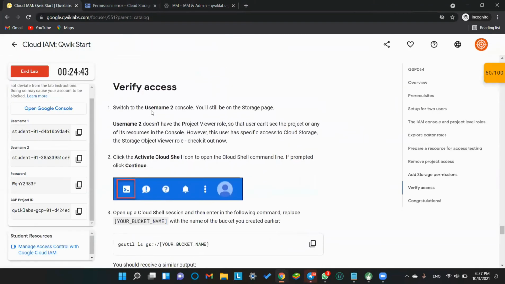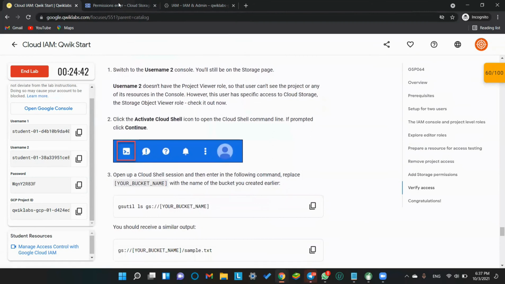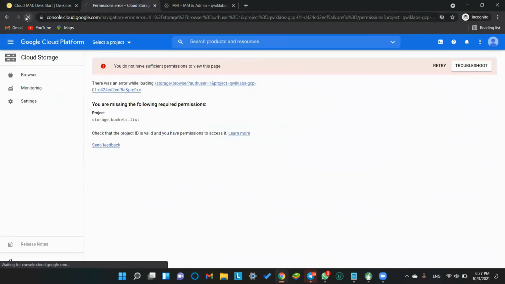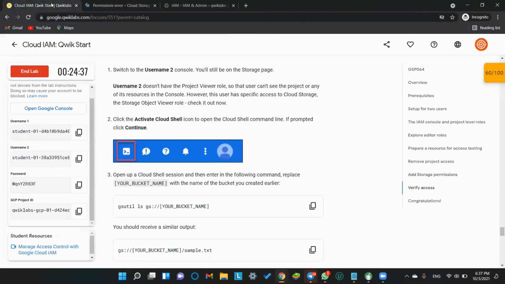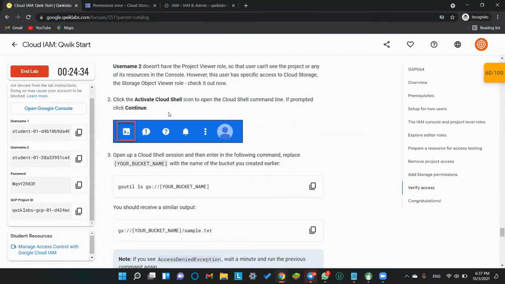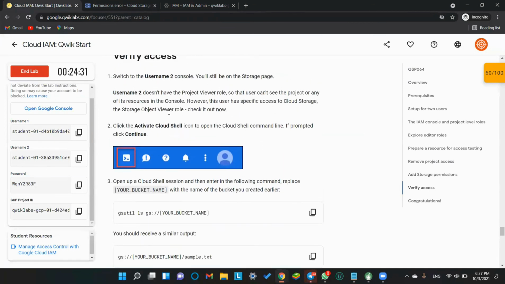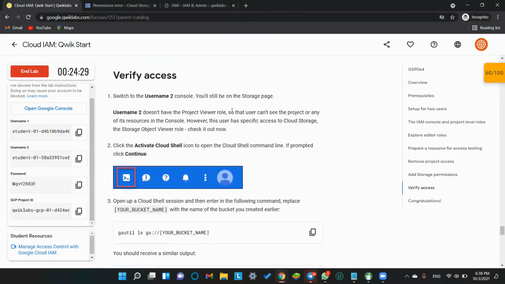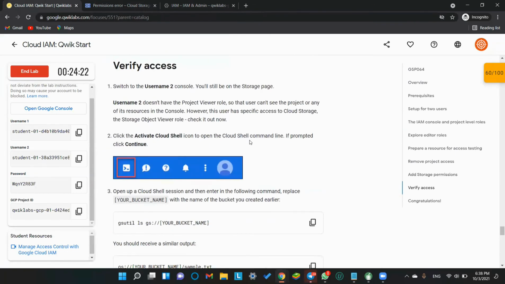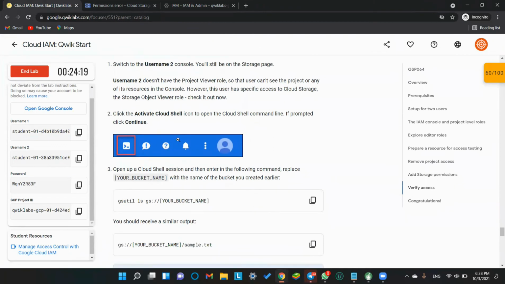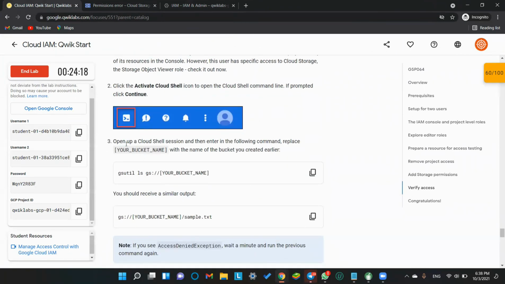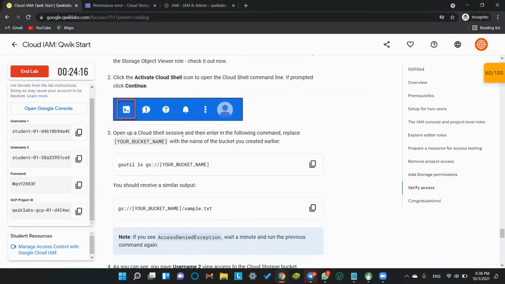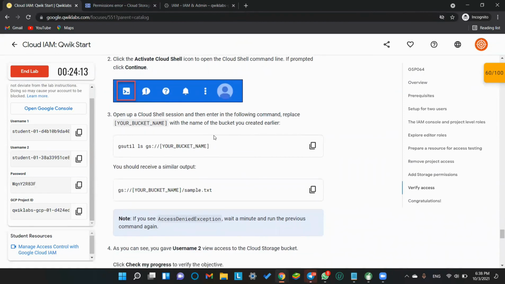Now verify access. Switch to the username 2 console. You will still be on the storage page. Yeah, we are on the storage page. Now click Activate Cloud Shell to open the shell command line prompt and continue. Open up a Cloud Shell session and enter the following command.